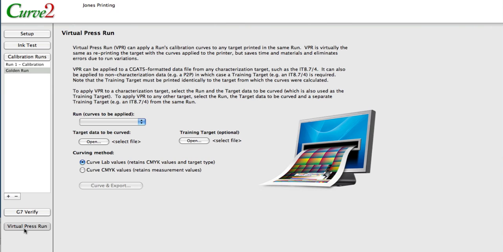Now, on a number of different printing systems, truthfully, all of them cost money. Some of them are very expensive to do every time you do a press run. So what the virtual press run allows you to do is take the curves from any particular run and apply them to the IT8 data. So if you were putting the IT8 on your target so that you could measure all the data, average it, and build a profile for proofing or maybe even for some separation purposes,